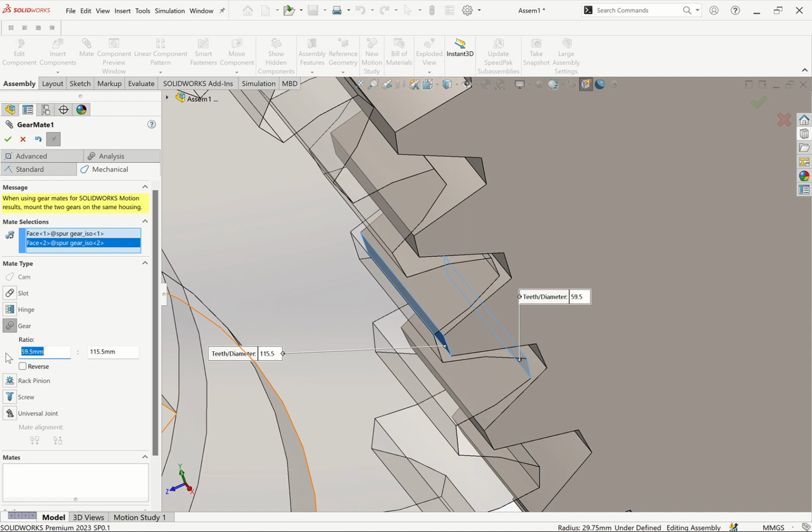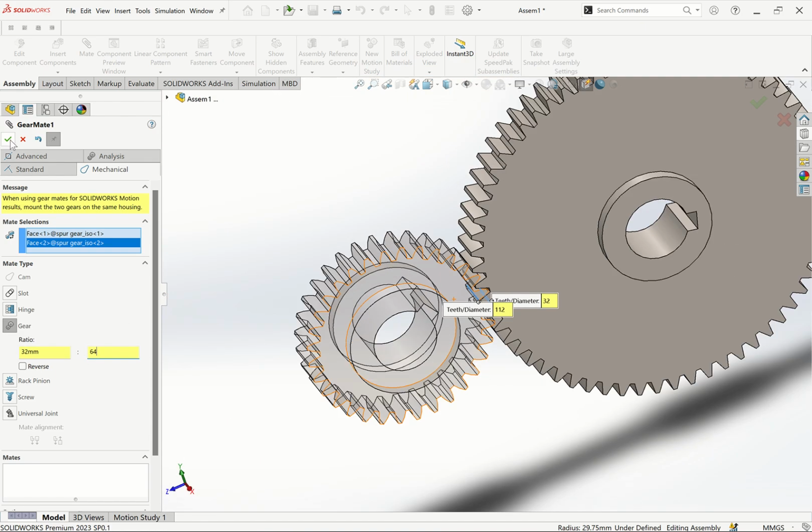I can use a PCD of, let's say, 32, diameter 32. Then second is the diameter, this one I can say it should be the diameter 56. This is diameter 112. I can use PCD 112, but let me use the 32 and 64. If I click OK,